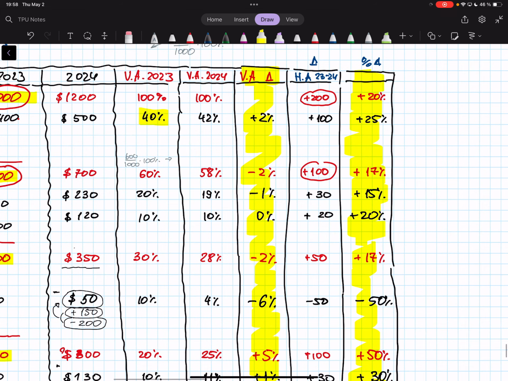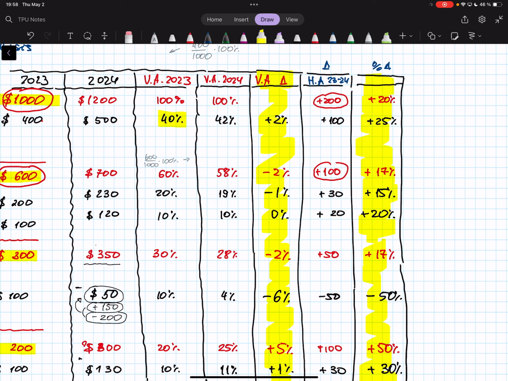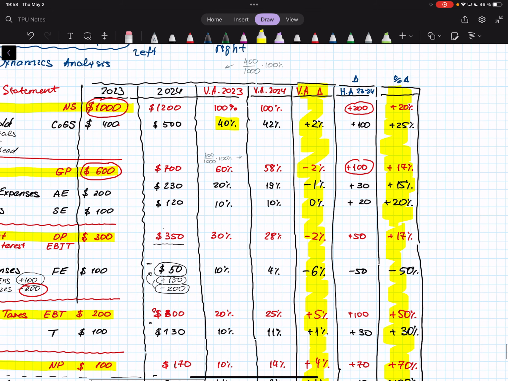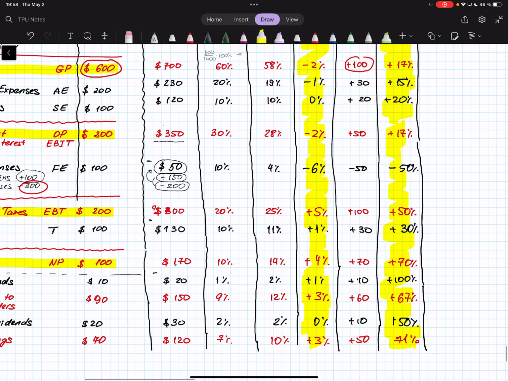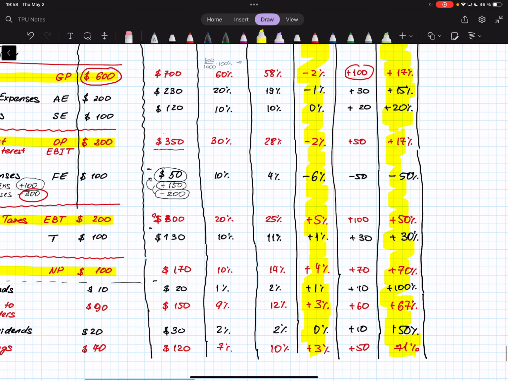So now we can see what happens to our sales. They grow by 20%. Cost of goods grows by 25%. What is growing big time? Look at the numbers and tell me what has grown big time in this statement. So pay attention to the big numbers in the horizontal analysis. Where are the biggest numbers of growth? Net profit,